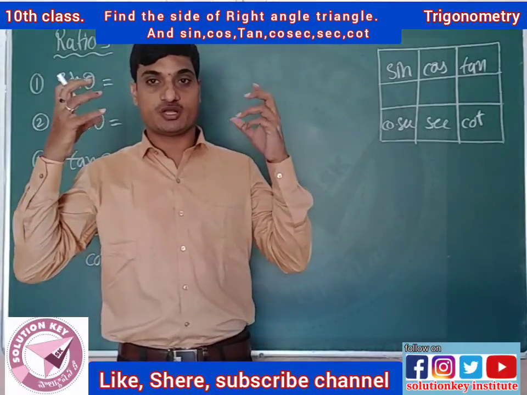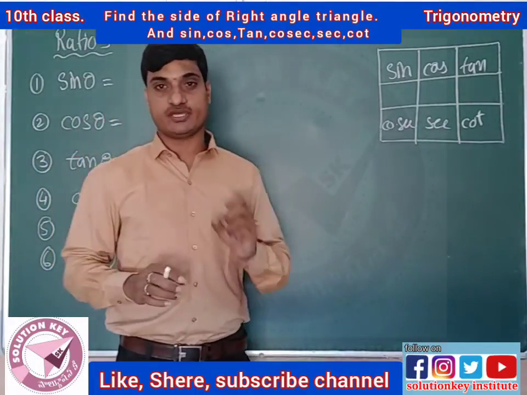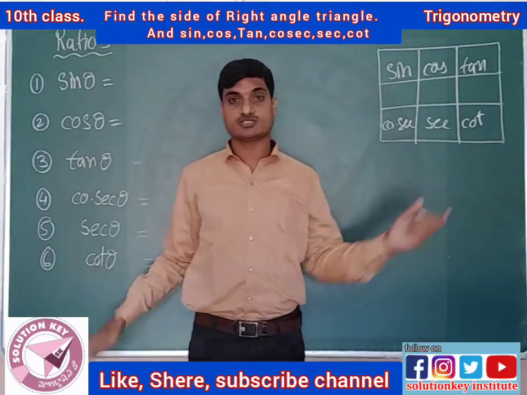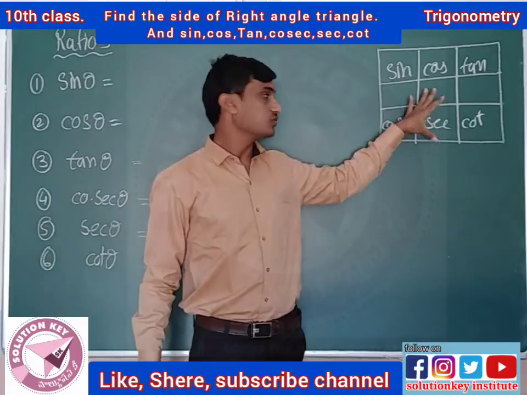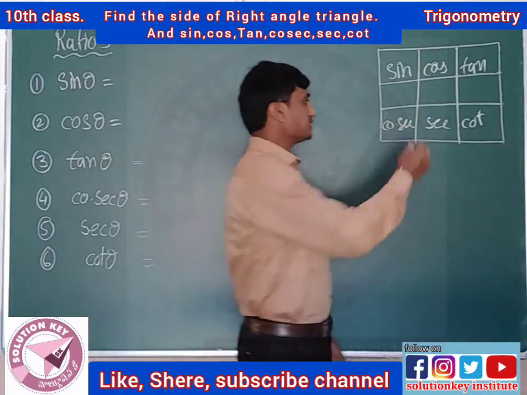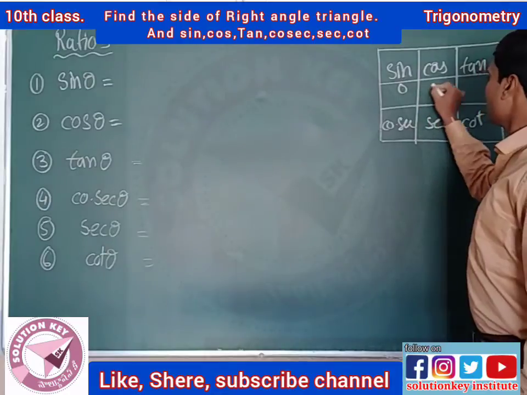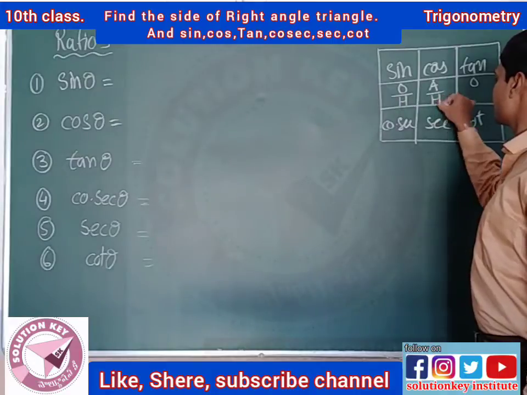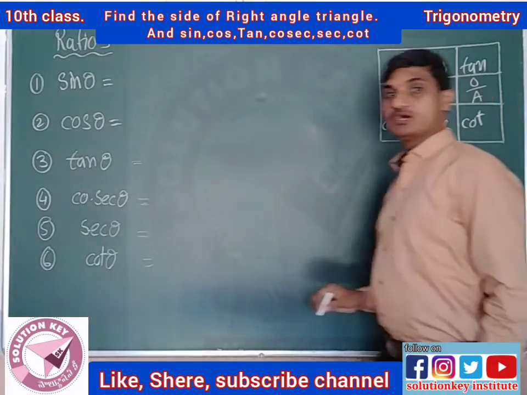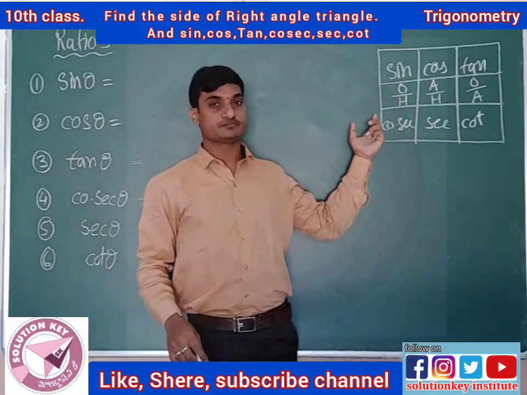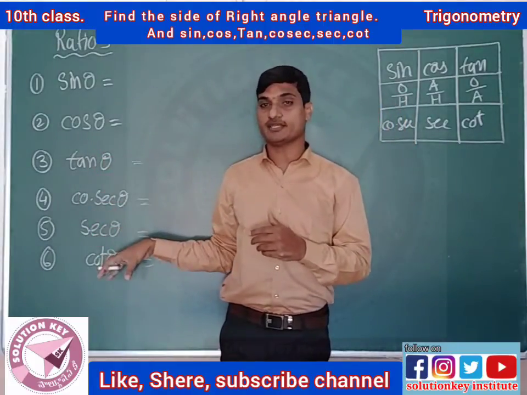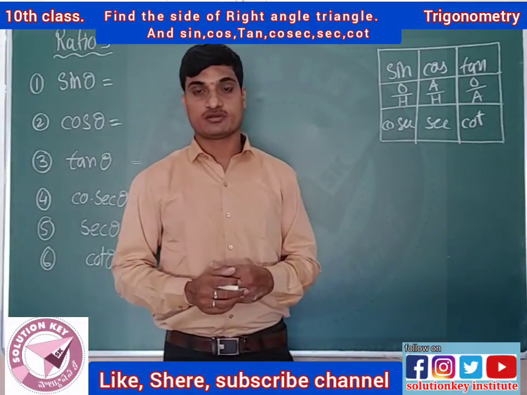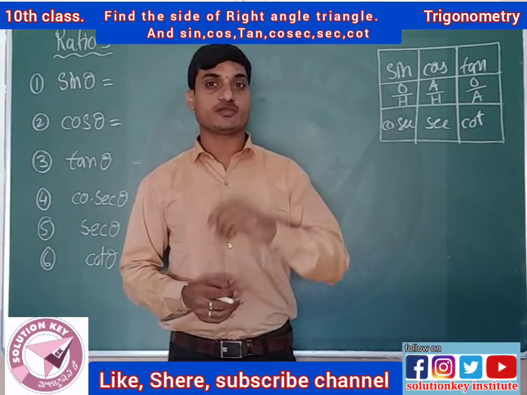Sir, how do you keep them in mind? There is a very simple logic box. This is that box. I am simplifying these six ratios using only this box, and in it I am taking O, A, O, H, H, A. Simple, Nana. Keep this box in your mind and you get all the formulas or identities. Not only these six formulas, more formulas are there. Already I said 35 to 40 formulas are there.